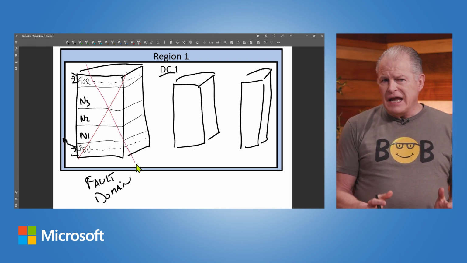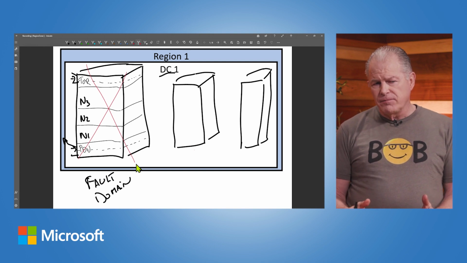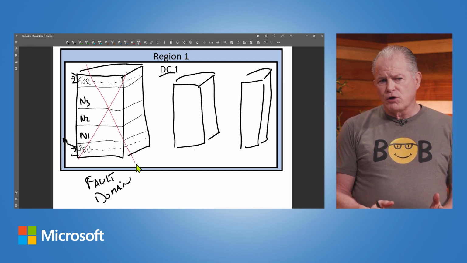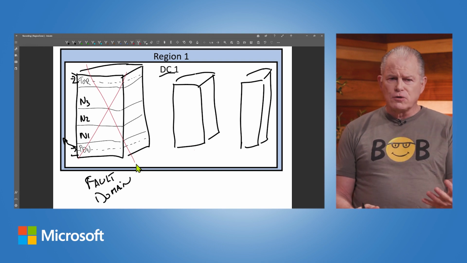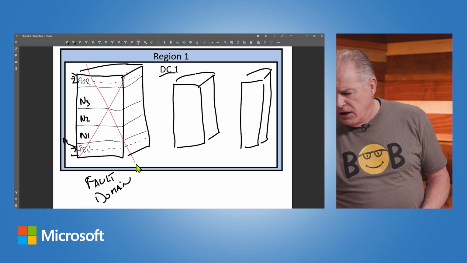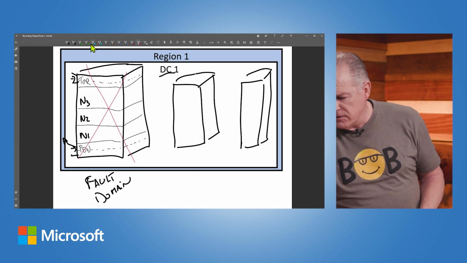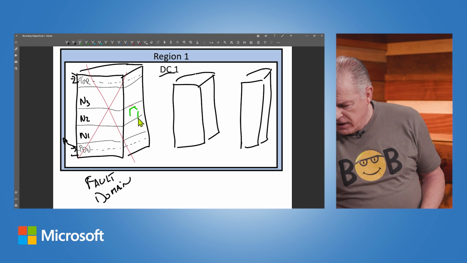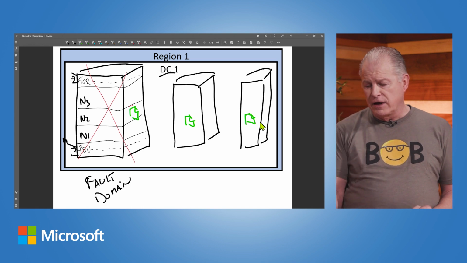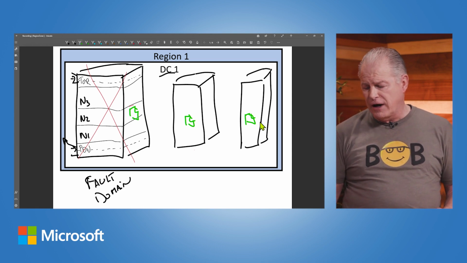And so within a data center, within a region, we deploy resources across multiple fault domains. And so when we talked about Azure storage being locally redundant, what we did is we put 3 copies of that file across 3 different fault domains. So I had a file, it would be 3 copies across 3 different fault domains within the same data center. That way, if I lose one fault domain, I still have the file.